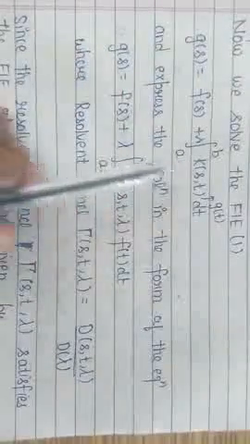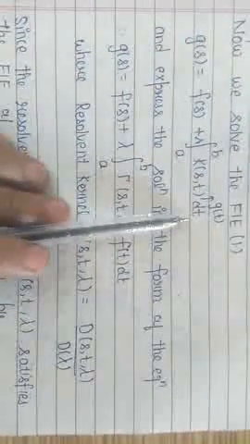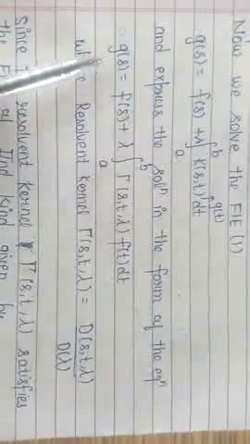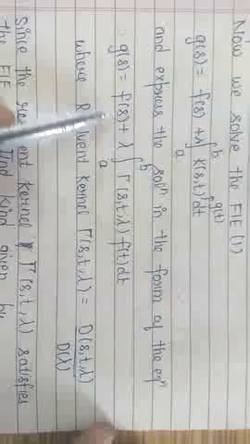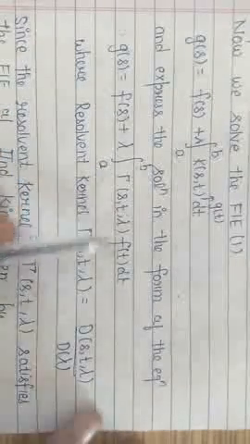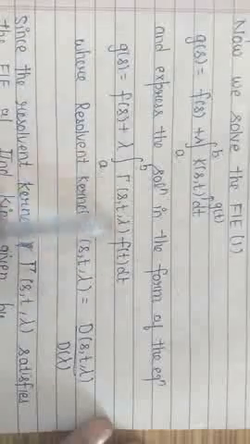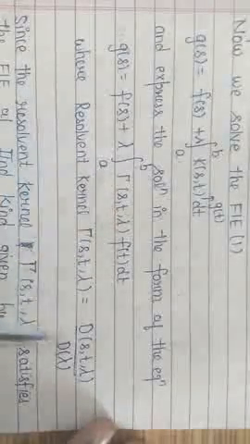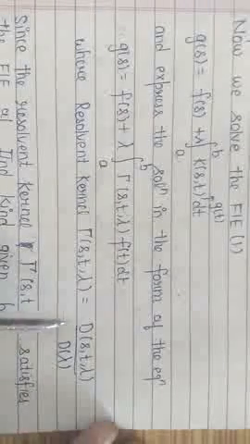g(s) = f(s) + λ ∫ from a to b K(s,t) g(t) dt, and we will express the solution of this equation in the form g(s) = f(s) + λ ∫ Γ(s,t;λ) f(t) dt. Here Γ(s,t;λ) is the resolvent kernel, which is given by the ratio of two entire functions D(s,t;λ)